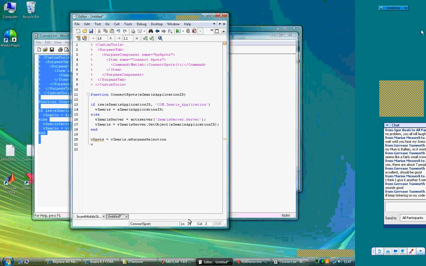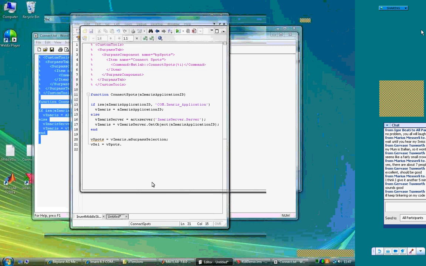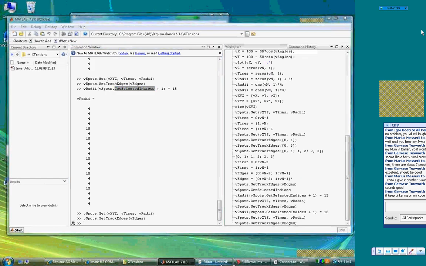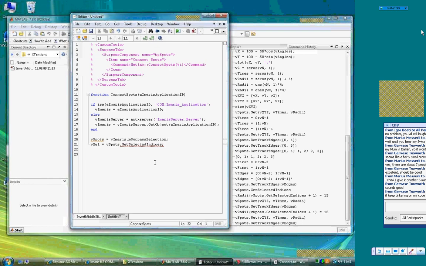Now we get the sub-selection of these spots is equal to the spots. Here always copy paste so that we don't make it wrong. And now connect the spots, so we have to get the old edges, spots get the track edges,